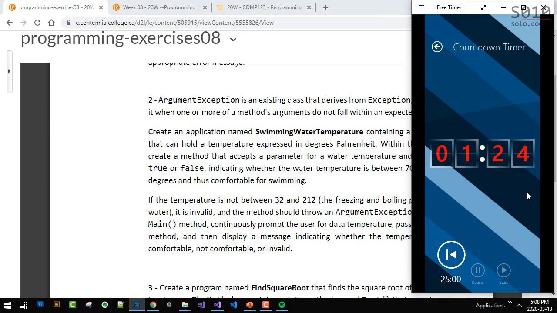The stack is who called what. You may have a method that calls a second method, that calls a third method, that calls a fourth method. All of them become a stack of who's calling who. So the application keeps track of who called who. So in the case of an exception, it throws to the other guy that called that method. So we have a stack, like a list of methods, because again, you can have a sequence of this method called this method, which called this method, which called this method.